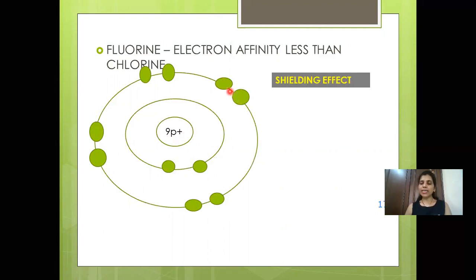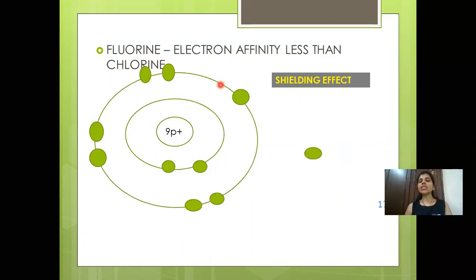Now when it accepts, there is one particular feature or characteristic known as the shielding effect. You don't have to learn it in standard 10. But what does shielding effect mean? Because the size goes on shrinking due to the nuclear pull, when more and more electrons are added, so when one more electron is added, because it is very small compared to the other halogens, there is a shielding effect.